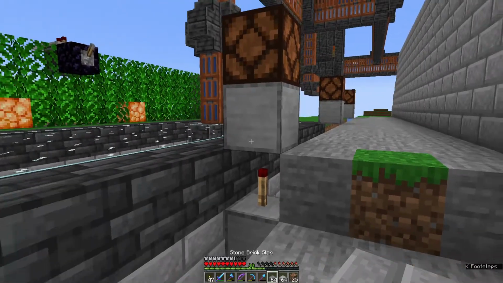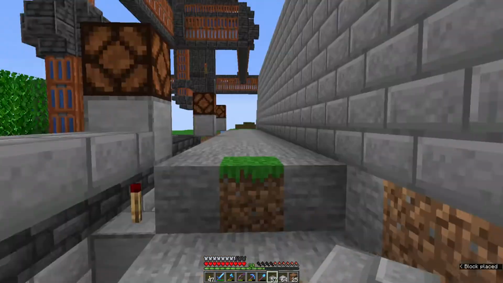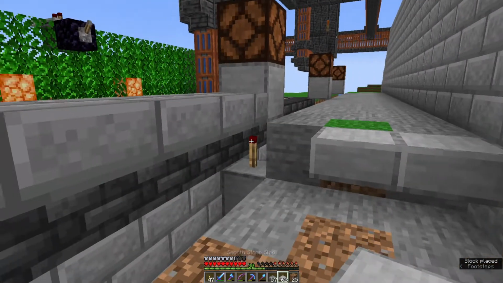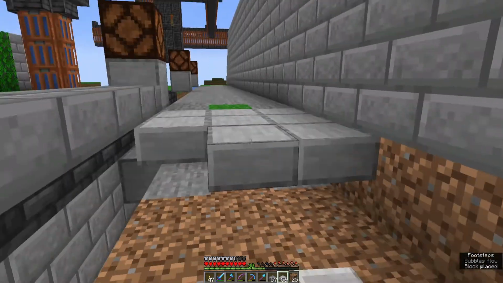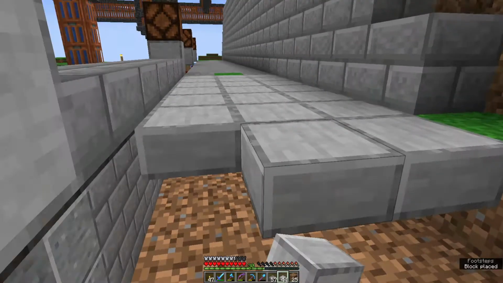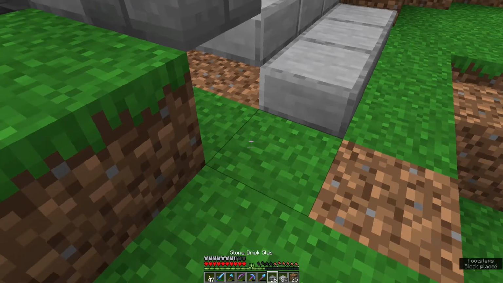So I want to have a trim around the edge of the path. I won't have one on that side because the wall will be there, but elsewhere we could do. I'm just going to go back in with stone bricks. Smooth stone bricks, I say. But that should be like that. And then as I stagger this down,